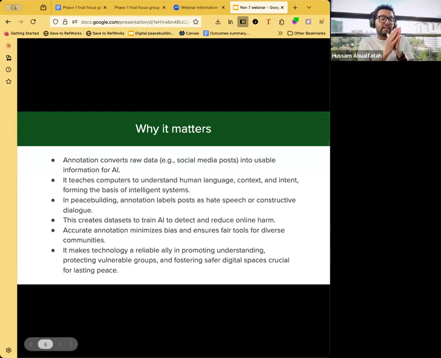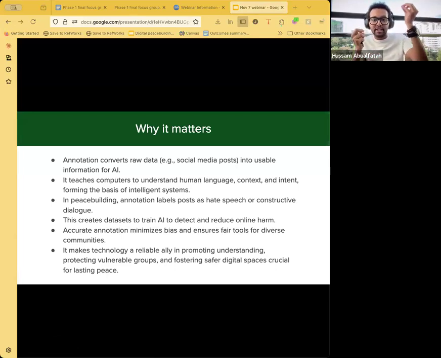And the other thing is that in peace building, annotation takes a much greater role because it is not just about efficiency, it's about safety, it's about justice. When you label something as hate speech or divisive rhetoric or constructive dialogue, you train artificial intelligence to recognize and respond to harmful content before it spreads, hopefully, which means fewer violent messages, fewer rumors, and fewer digital sparks that could ignite real world